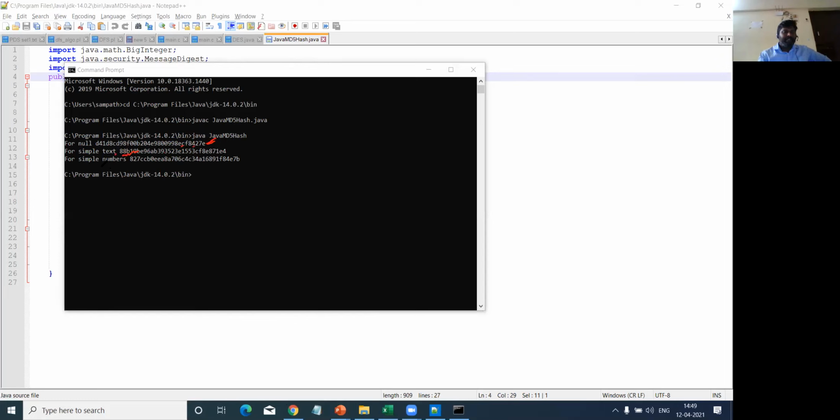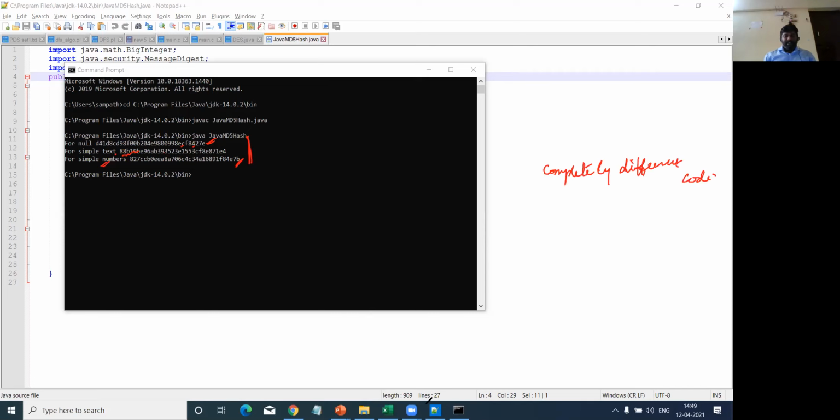And if it is a number, this is the hash code which has been created, right? Even if there is a small change in the input text, you will get a completely different output code. That was the thing which we studied under the avalanche effect, right?